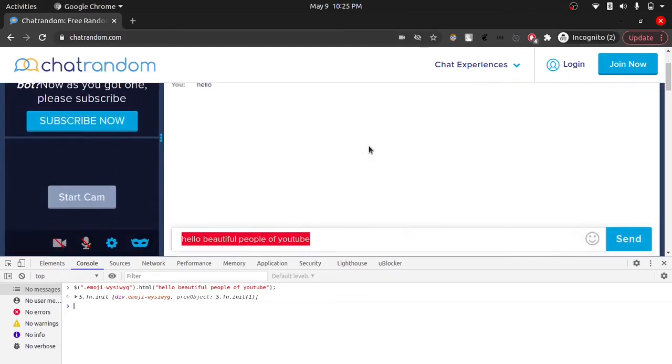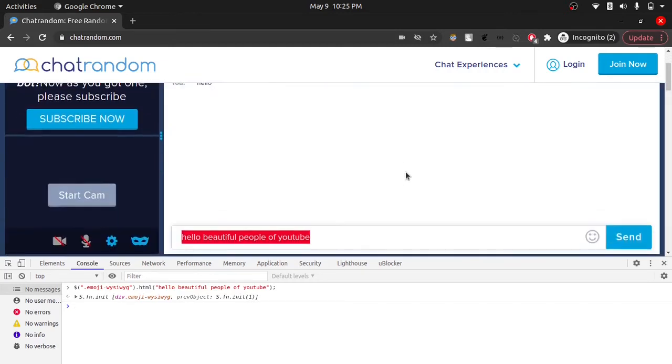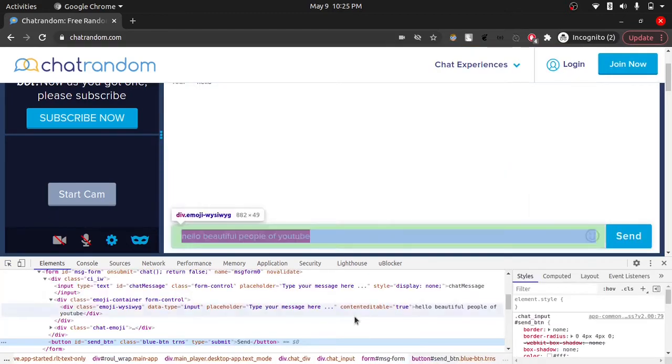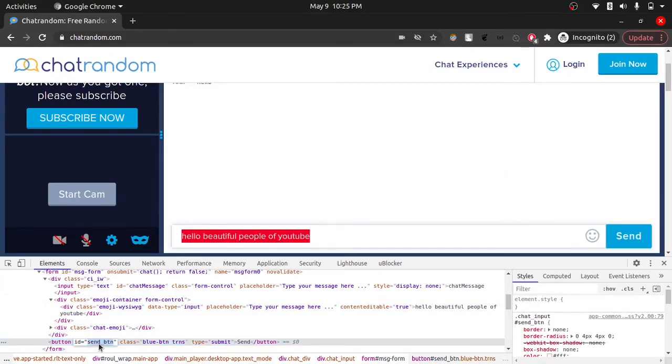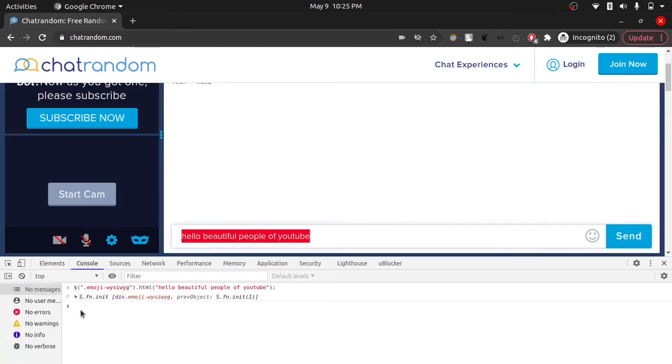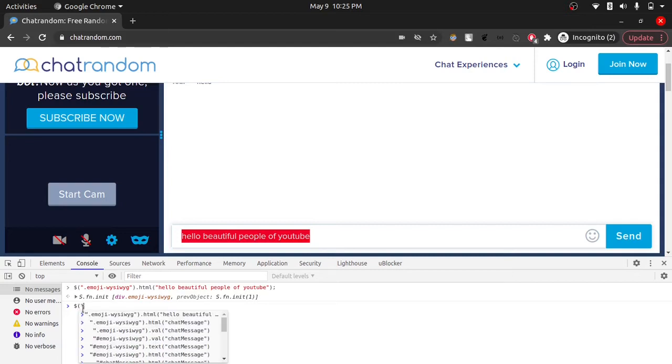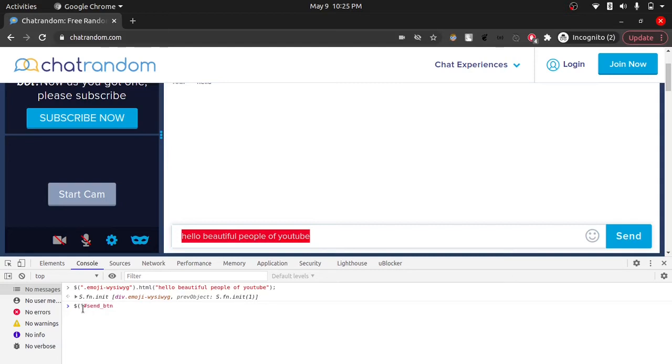And now we have to figure out a way to send this message to other person. All right, so for that we need to get the reference of this button, which is this. So this ID, which is send button, is uniquely identifying this element on the HTML page. When we are using the ID, we have to use the pound symbol. And now, all right, so let's not do this. We will find another way of doing this thing. But first we have to figure out how we can get this message, right?